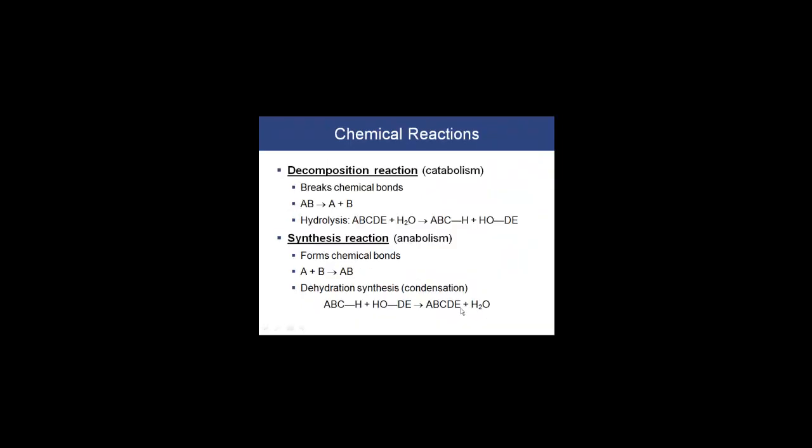There are several different types of reactions based on the reaction mechanism. In decomposition reactions, to decompose, to break apart, chemical bonds are broken. An example of a decomposition reaction is here, where you have AB, and these are just letters to represent molecules, and if that is then broken down into A plus B, this is a decomposition reaction. One example of a decomposition reaction is a hydrolysis reaction. Hydro refers to water, lysis refers to the breakdown, and if we were to look at a